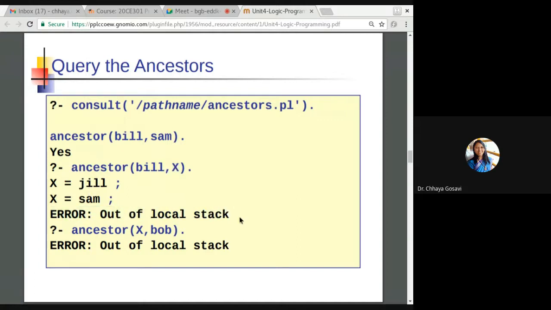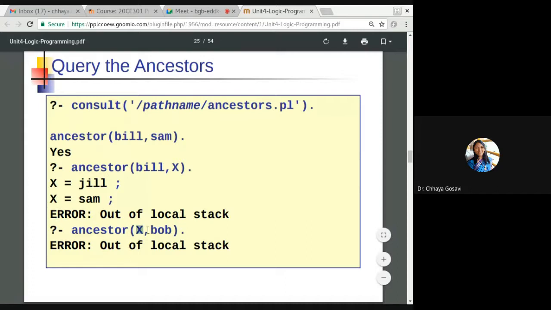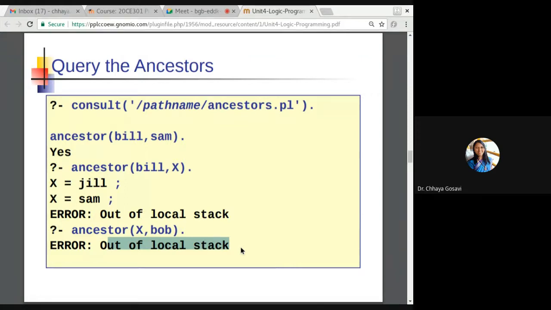And if you press next, it will give you an error, out of local stack, because it's a recursion and you didn't have next value. As we talked yesterday, if we are using recursion, every intermediate result is stored on the stack and the stack is limited.